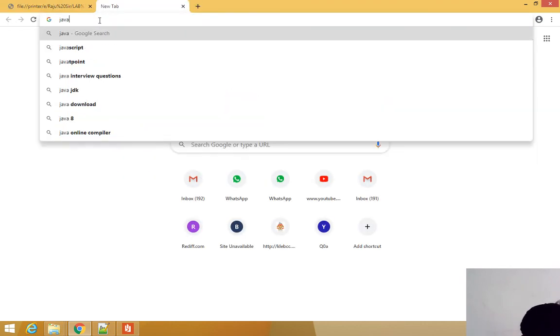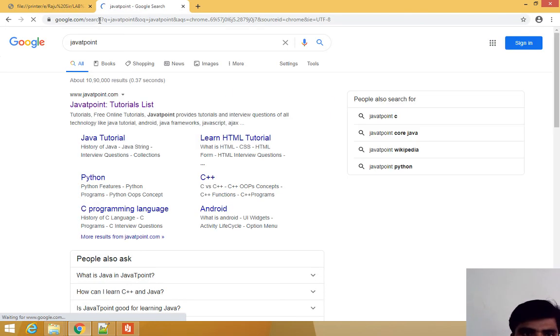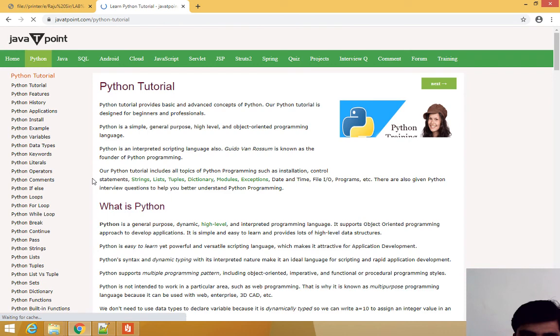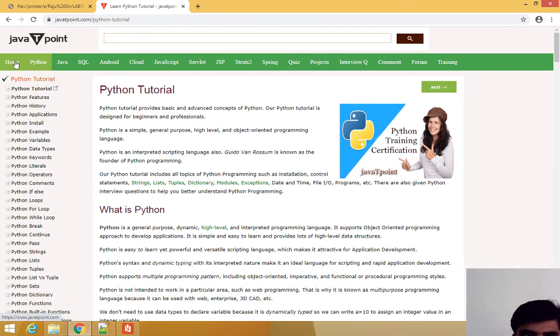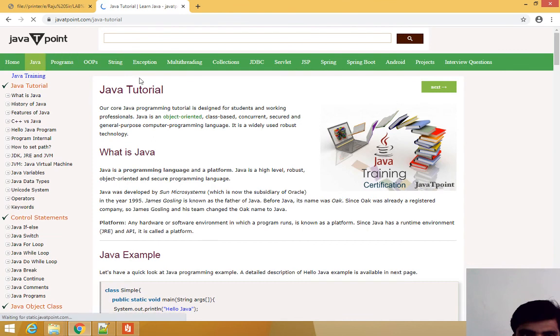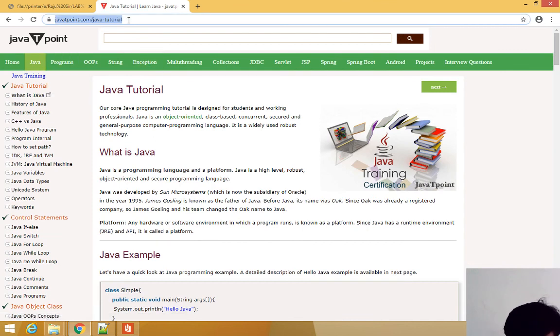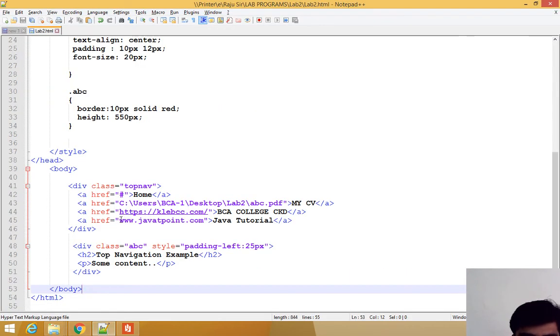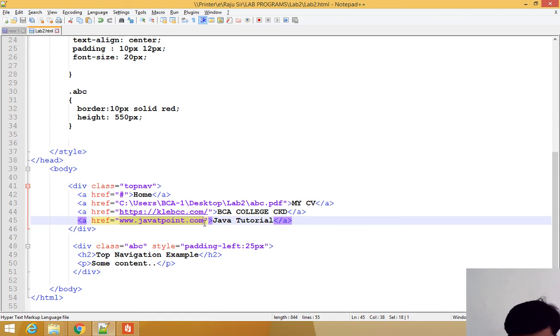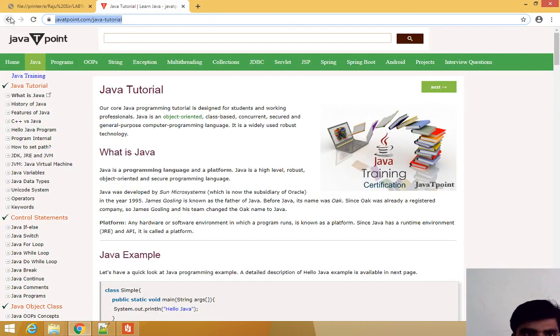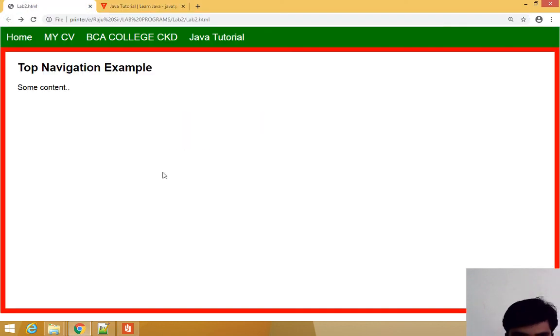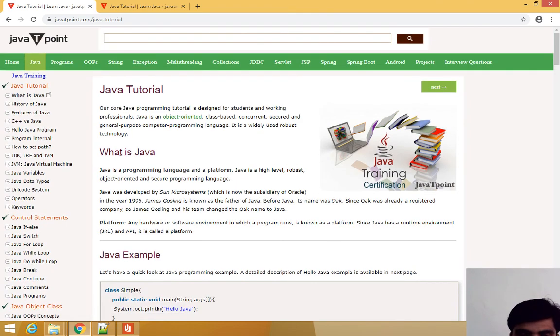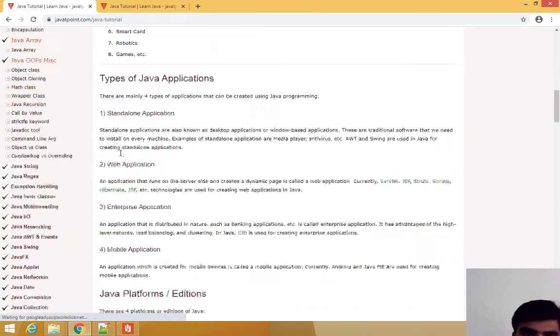Or else what you have to do is java t point, then click python or java, just copy the entire path, then go to the program, paste here. Save, then come back, program, refresh, java tutorial. So this is how we are creating links for our program.